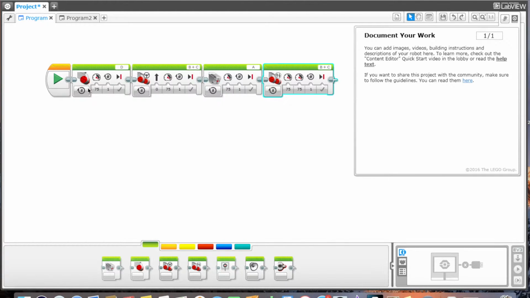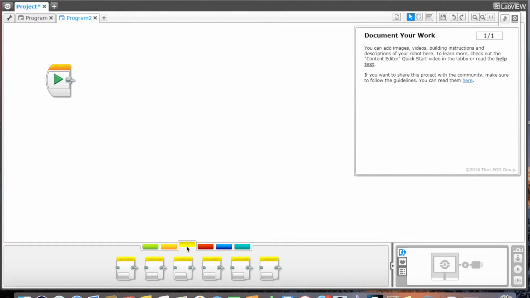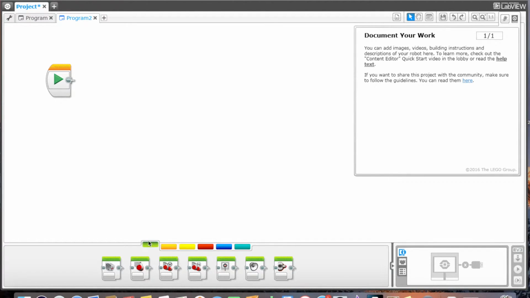This is about sequential programming, which means that every block is a command that will be executed after the previous one is finished. To start building your first simple programs, you need to know some basics about how some of the action buttons work. If you are wondering where to find them, they are under the green section at the